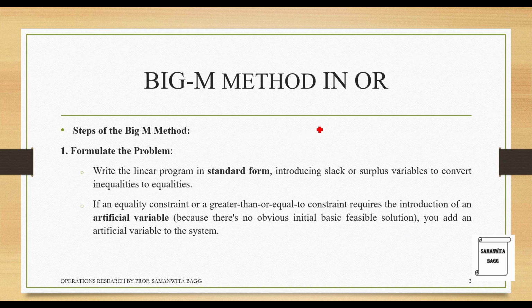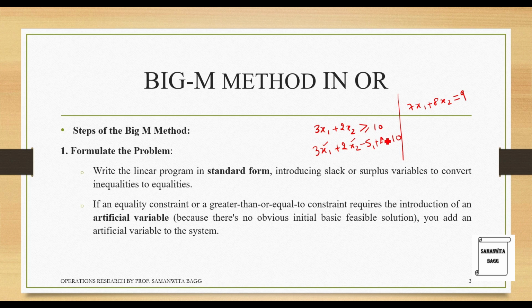So suppose you have an equation like 3x1 plus 2x2 is greater than or equal to 10, or you have something like 7x1 plus 8x2 is equal to 9. In these two cases, we generally use the artificial variable. So we will write this as 3x1 plus 2x2. Since this is greater than or equal, I am going to subtract the surplus variable, and also I am going to add an artificial variable, say a1. The reason is, when x1 and x2 are non-basic and 0, there are two variables that remain.